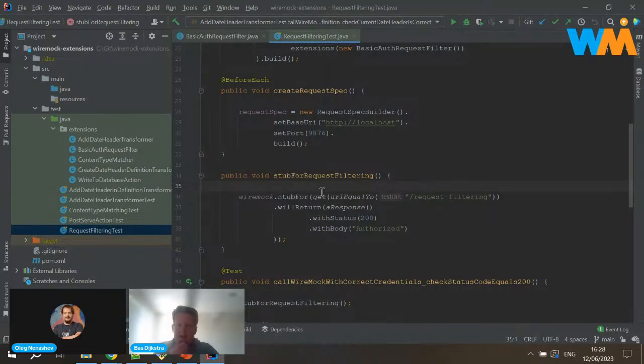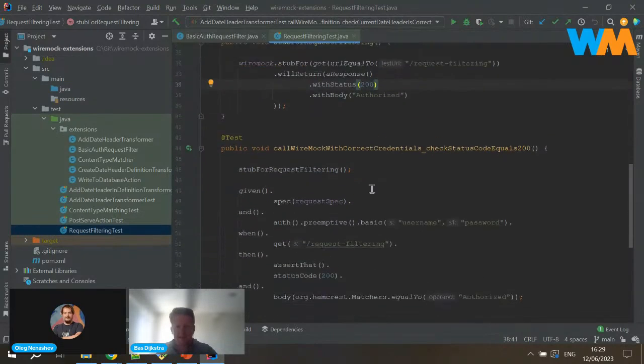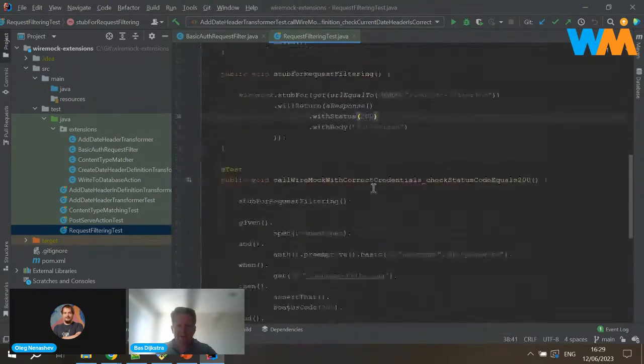I say, well, in that case, if I have an HTTP GET and the endpoint is equal to this, I return a 200 and a body that's equal to authorized. Just as an example, to show you what happens when the incoming request actually passes through the filter. So I've got two tests here.